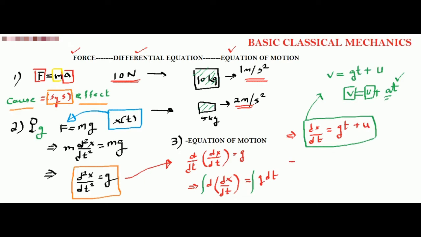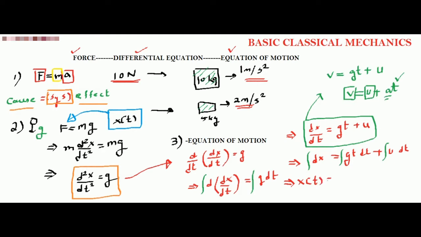Now continuing with our steps. One more integration. Put dx here. On this side you will get g t dt, agreed? And then you will get u dt. Again, what you need to do is integrate, so one more integration here, on both sides. So now let us see what you get. On this side you will finally get your x. Now look, x is a function of time, because the entire right hand side is in terms of time. It doesn't matter, but let me write this: x is a function of time.